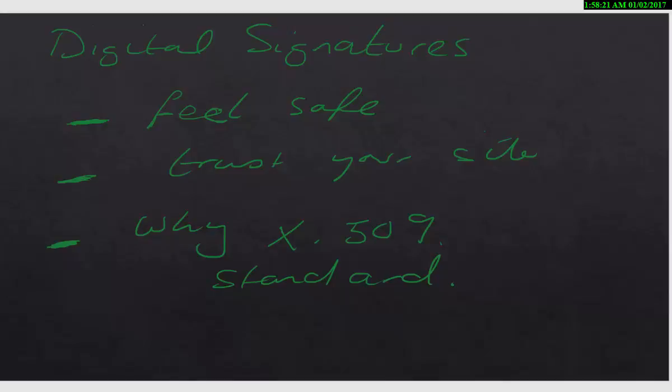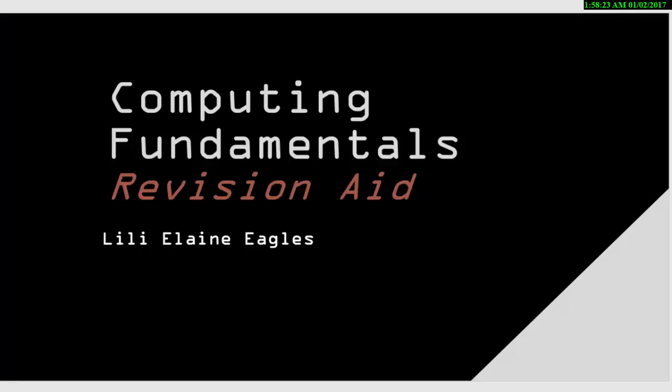And I would say that completes the revision for computing fundamentals. Of course, you do need to read into each of these topic areas and practice with all of the practical aspects. But I wish you luck with that, and I hope this has been helpful, at least